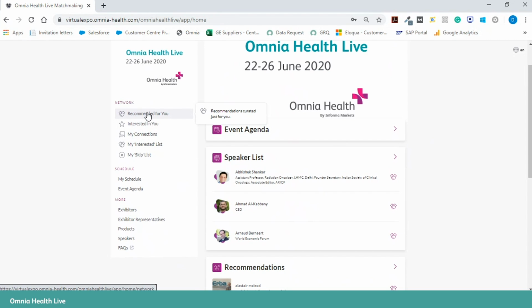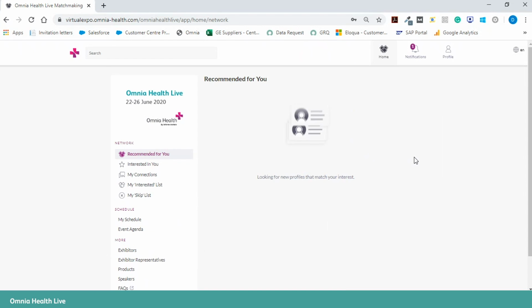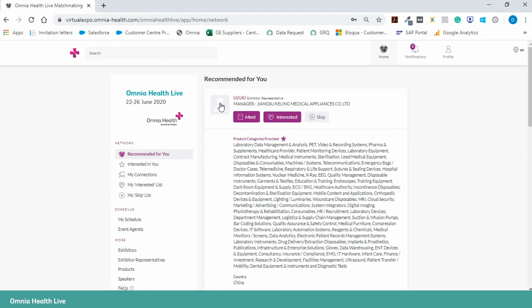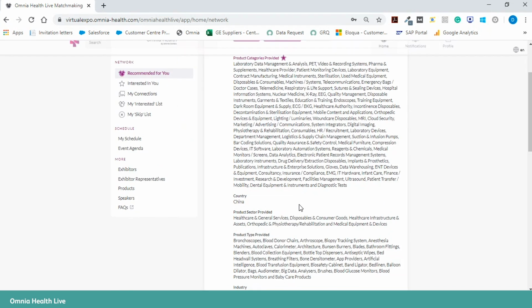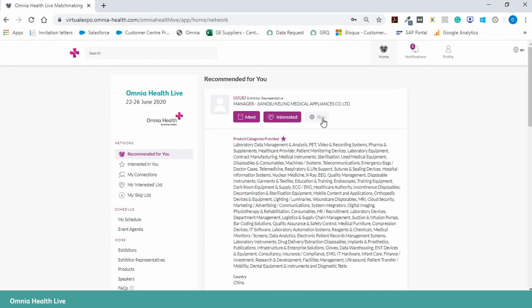So when you click on recommended for you, this is basically the AI powered area of the platform. It starts throwing up recommendations of people I may potentially be interested in. There are three ways in which I can return back their interest, or I can show or initiate a conversation. I can click on meet. That means I'm interested in meeting Miss Lulu from Jiangsu Keeling, or I may click on interested, which would then